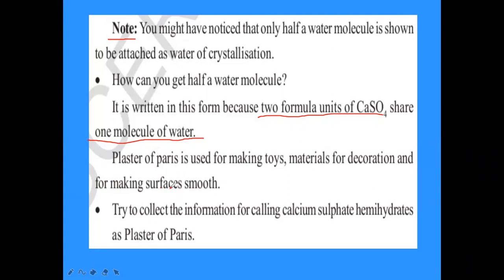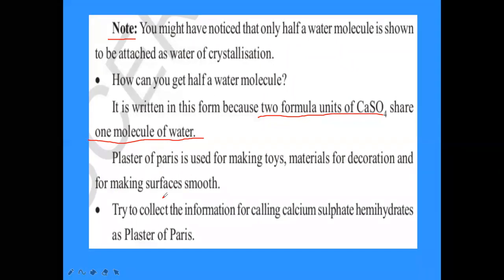That is what we see in modern houses. In modern houses, the ceiling is called a false ceiling. It is not the original ceiling. The original ceiling will be above that. So for making a false ceiling, plaster of Paris is used. And for making toys and some decoration material also we use plaster of Paris. During Vinayaka Chavati, the idols of Vinayaka and Durga Mata, all these will be made of plaster of Paris only.